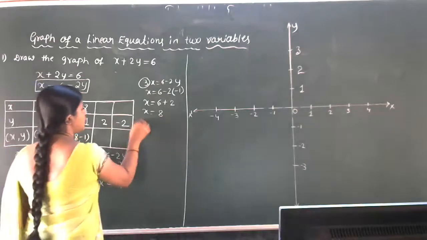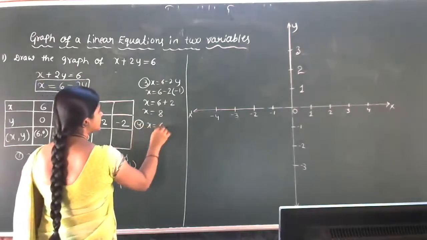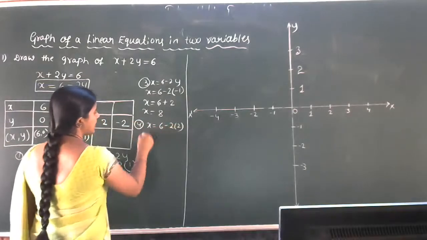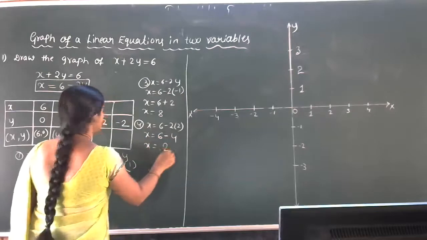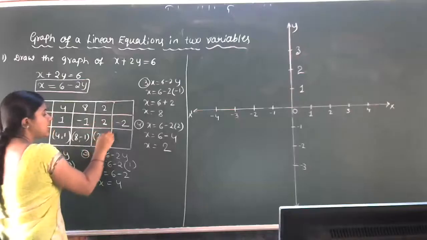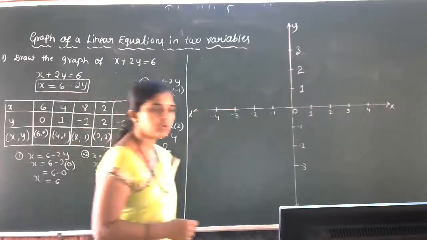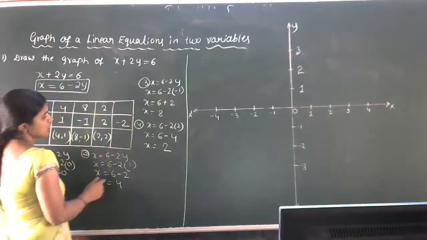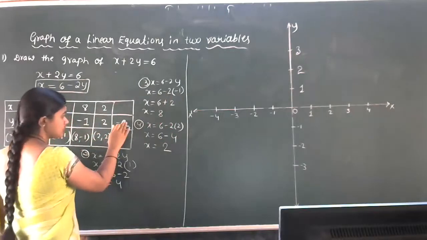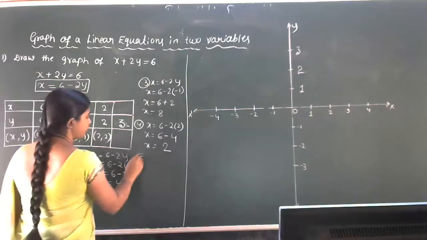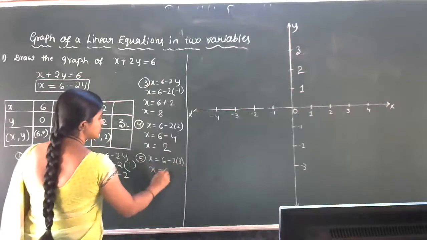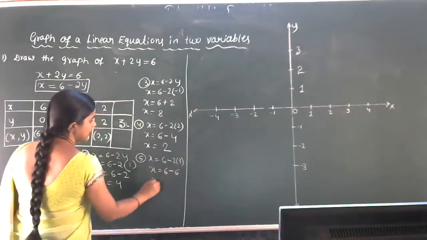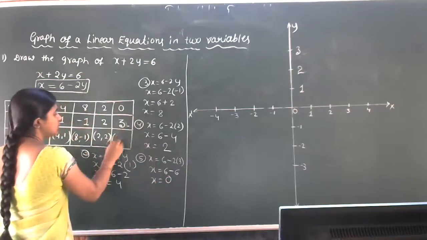Okay, next, the fourth solution. x is equal to 6 minus 2 into 2. Okay, x is equal to 6 minus 2 twos are 4. That is x is equal to 2. So 2 comma 2. Got the idea of this one? 2 comma 2. So next, instead of taking minus 2, we'll fix plus 3 here. Okay, plus 3. Then the fifth solution, x is equal to 6 minus 2 into 3. That is x is equal to 6 minus 3 twos are 6. So x is equal to 0. So here 0 comma 3.